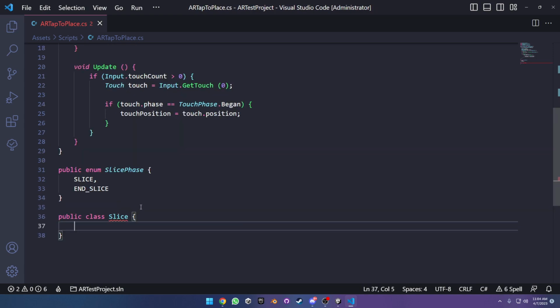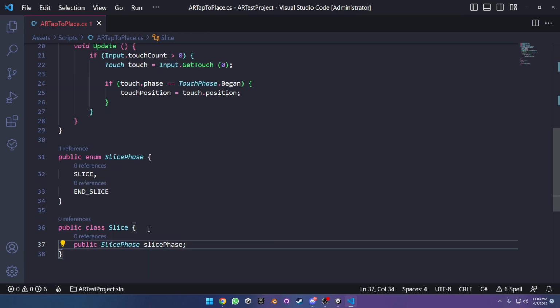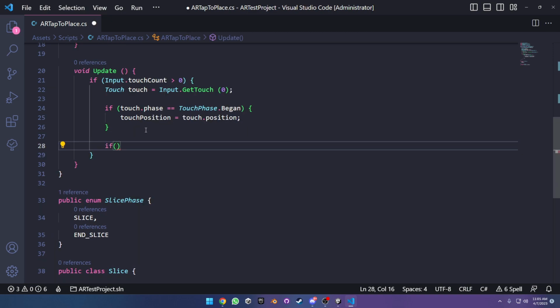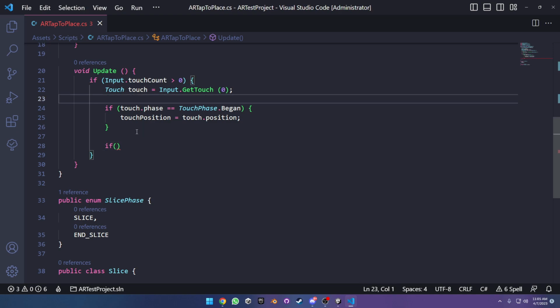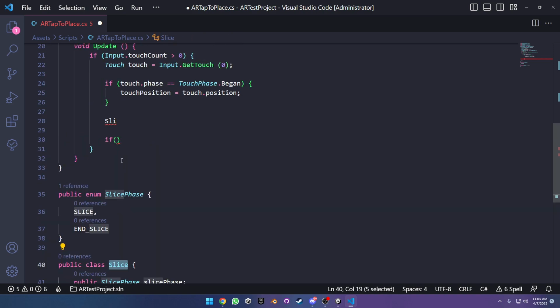Cool, I have a class, and in here we can now have a slice phase variable. So public slice phase. Cool. So we could just as well here say if, I guess we would have to make a variable as well, right? So it would be slice, or it would just actually be, oh, it's slice, yes. So slice,